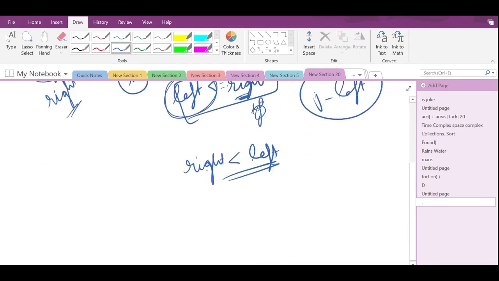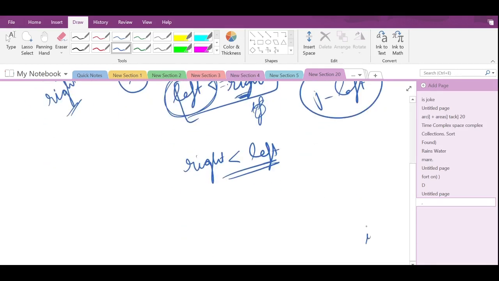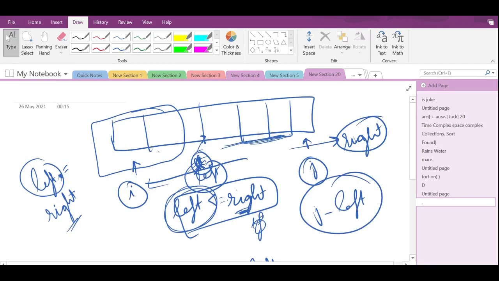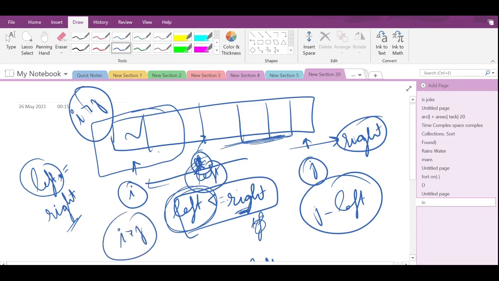So for that element I will add right max minus the element I am at. I will do this while i is less than j.